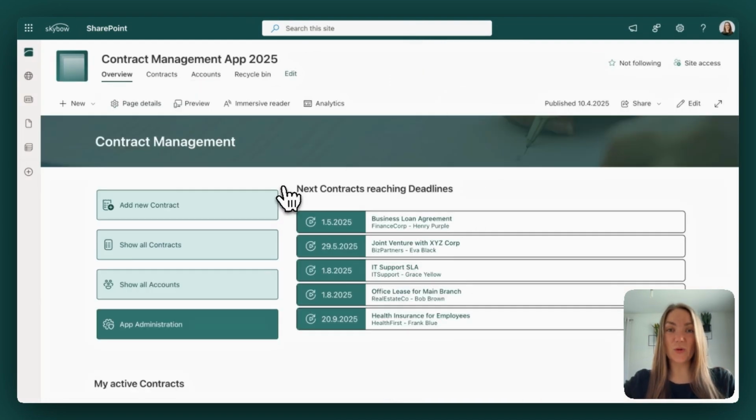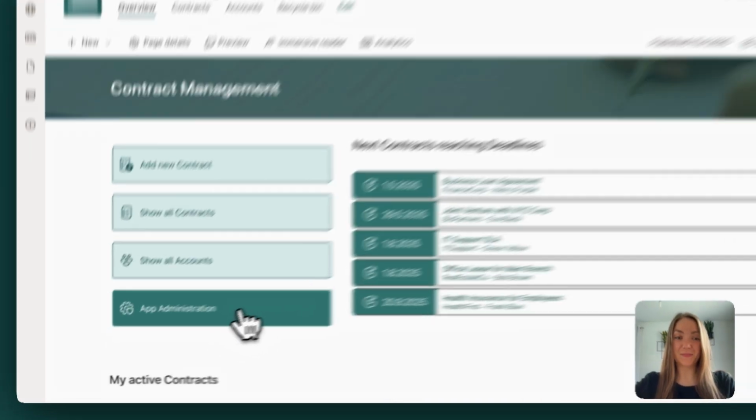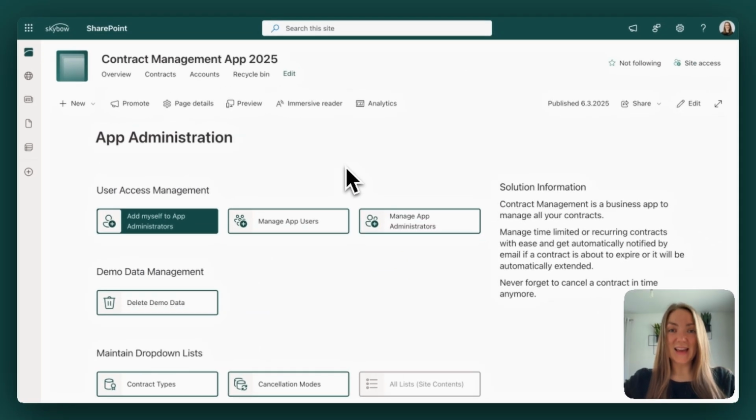Last but not least, I want to show you the admin area. As an admin, you have a place where we centrally stored all the actions you need to manage the app. At first, you can add yourself as an admin, you can manage app users or add additional admins. You can delete all the demo data which we created in the first step. So as soon as you want to use the app productively, you can get rid of all the demo data